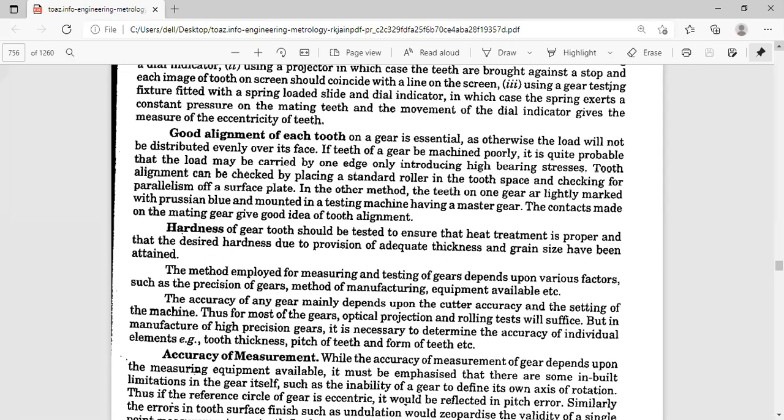There are three methods of manufacturing.